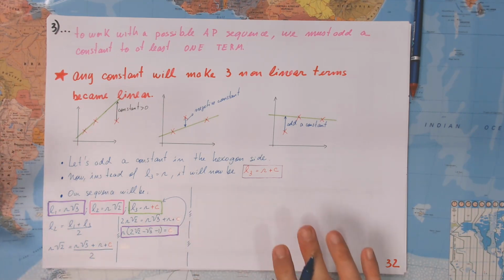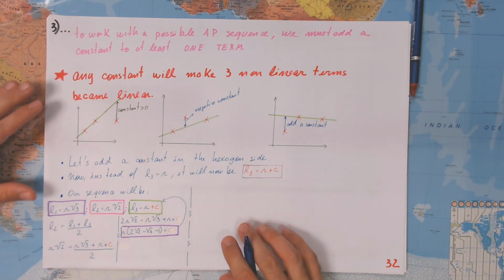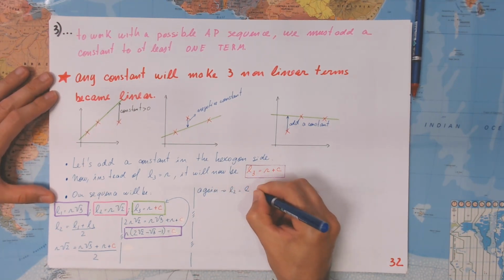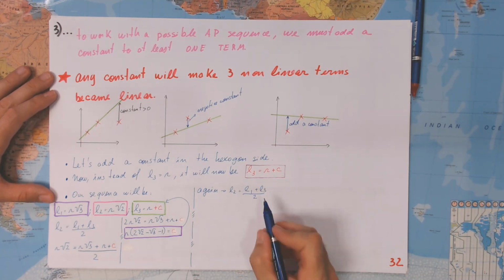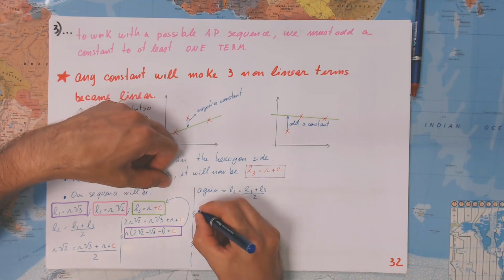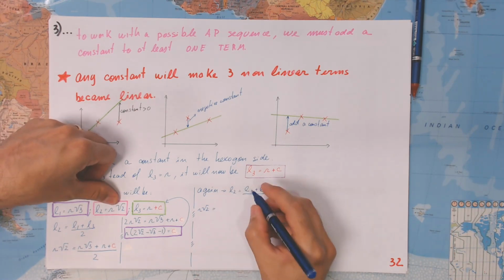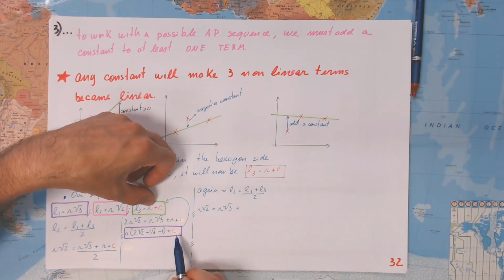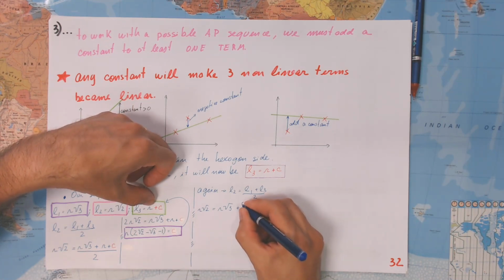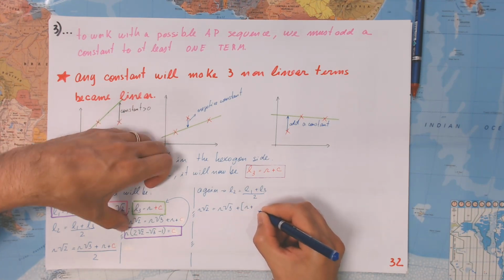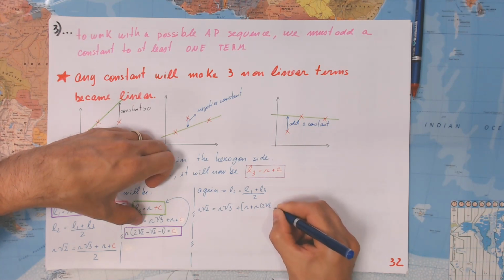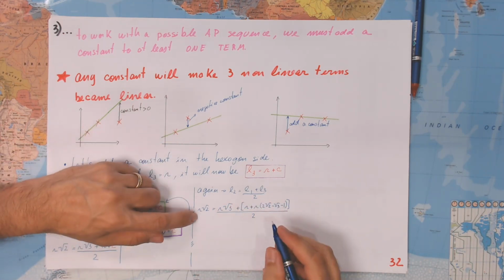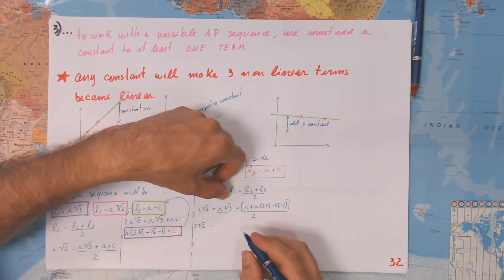I'm going to put the constant in here, and I'm going to use again that relation. Okay, that L2 is going to be L1 plus L3, the average. But now L3 will have this constant. Well, again, this is going to be r square root of 2 equals L1, r square root of 3 plus, what is L3? It is going to be r plus the constant, right? Okay, so it's going to be this. I'm going to put L3. It's going to be r plus r times 2 square root of 2 minus square root of 3 minus 1, and everything divided by 2. Cross multiplication, 2 square root of 2, it is going to be r square root of